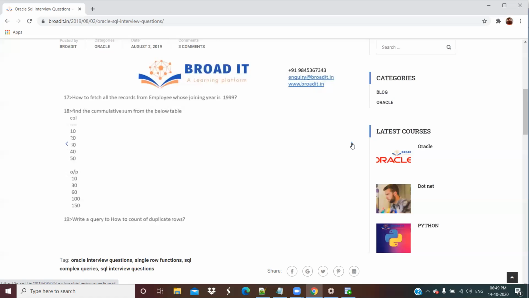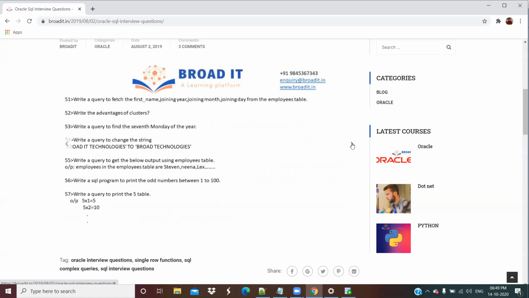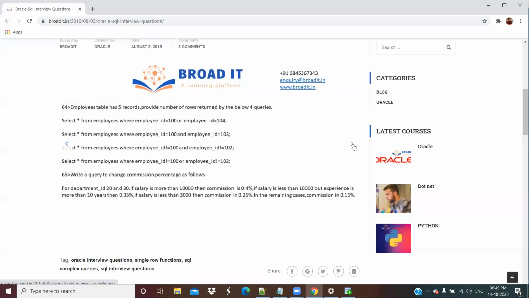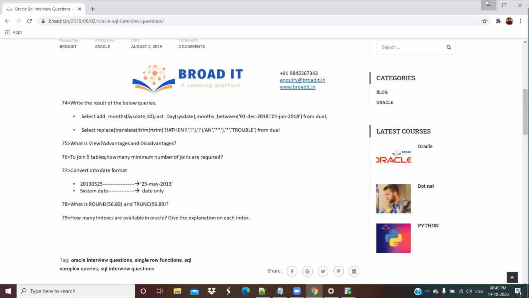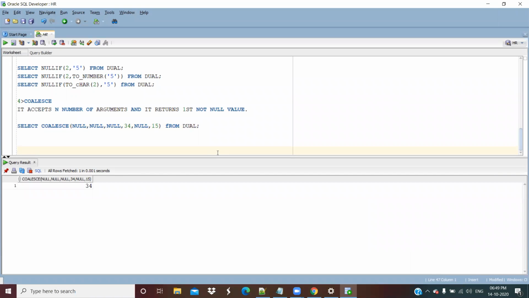Okay, maybe it is not there in this. I'll tell you what the question is. Okay, there is a table like this. Since you don't know how to create a table and all, I'll not go with it. Okay, my question is,